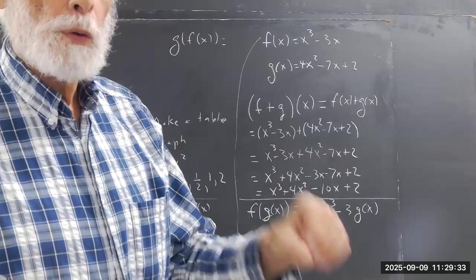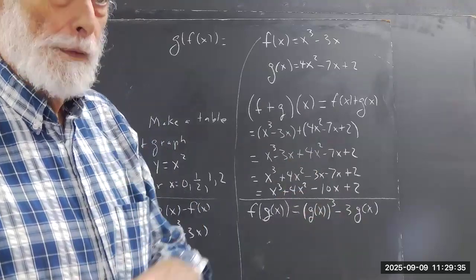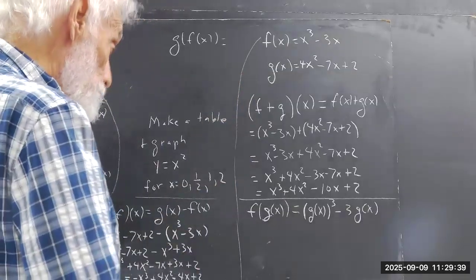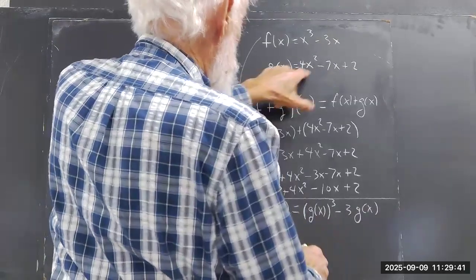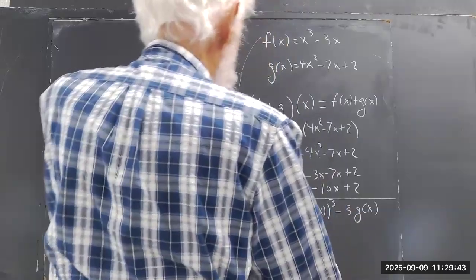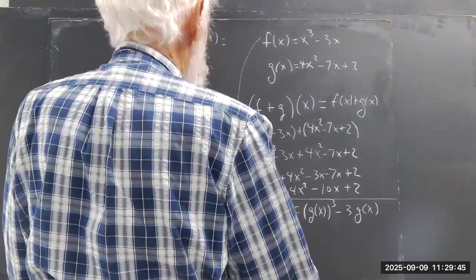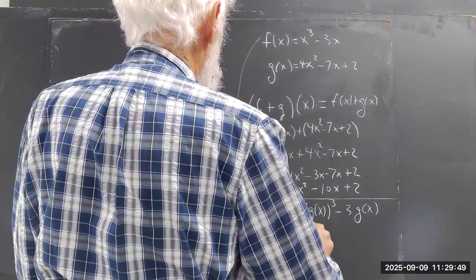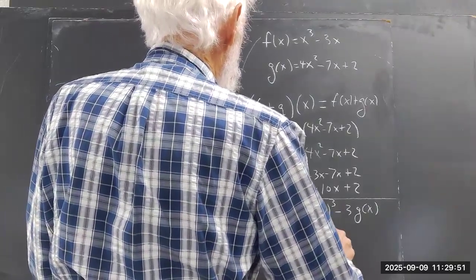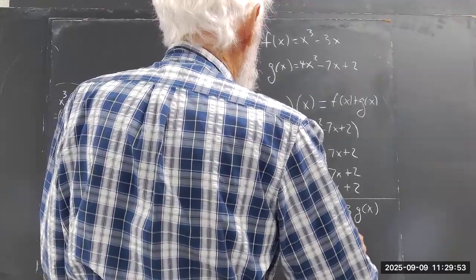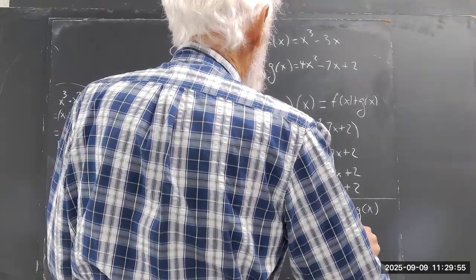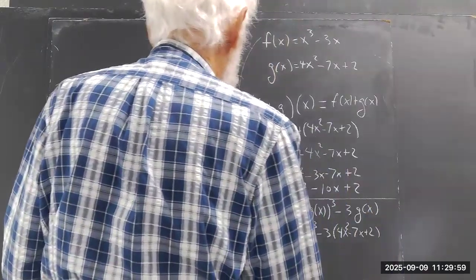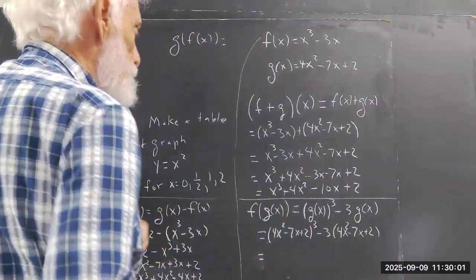It's how you write down the rule for a composite function if you have the formulas for the two functions. At least that's your first step. Then your second step is whatever g of x is, you're going to write for g of x. So that's going to equal 4x squared minus 7x plus 2, cubed, minus 3 times 4x squared minus 7x plus 2. Now that equals,